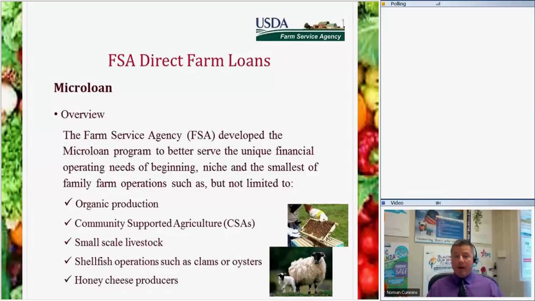So real quick, I talked about farm ownerships and direct operating loans. We have our microloan program. This is probably our more famous and more popular loan program for beginning farmers, because you're not going to have the farming experience to get a loan for up to $300,000 starting out, because you don't have the 3 years experience. But let's say you were able to start off small and use our limits, and I'll talk about the limits in a sec. A lot of this is used for niche type farms also. We do it in a lot of states: shellfish, honey, bees, you name it, we have loans out there for it. A lot of organic farmers start out with microloans.